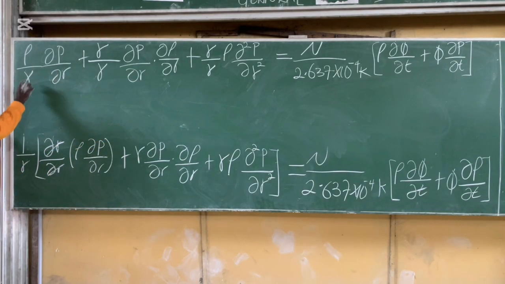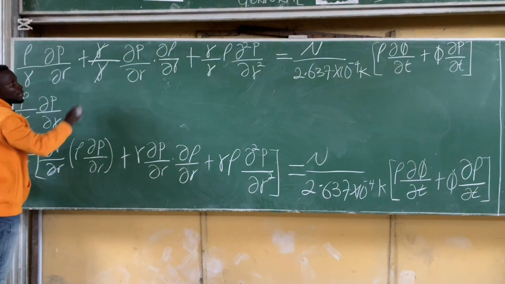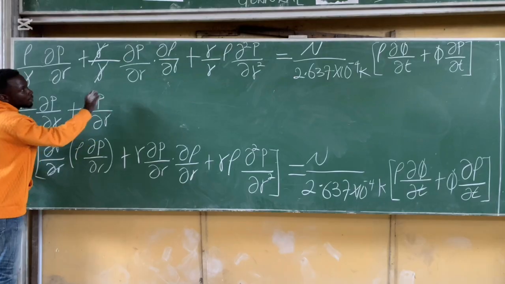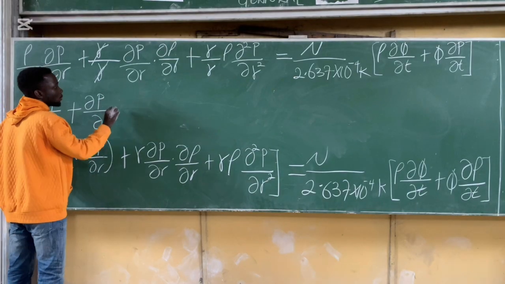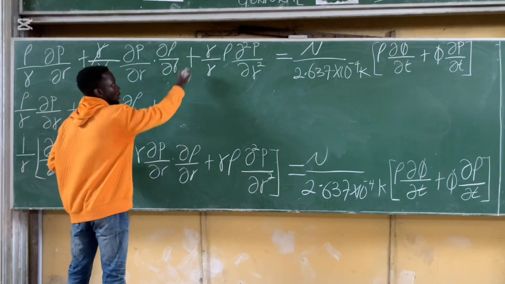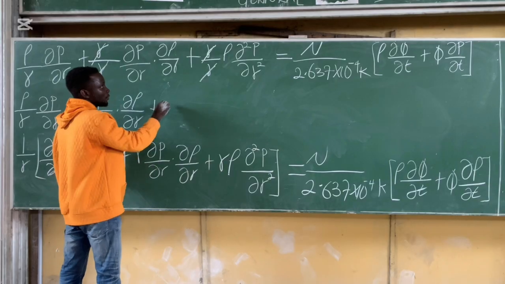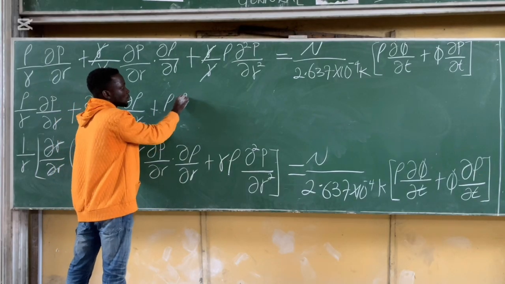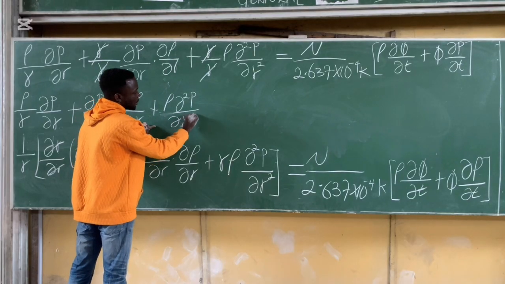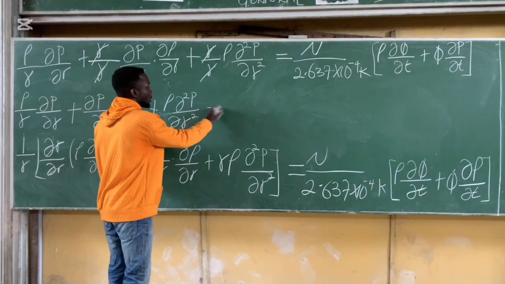So we'll be left with rho divided by r dp divided by dr. r will cancel r here. We'll be left with plus dp divided by dr d rho all over dr plus r will cancel out here. We'll be left with rho d squared p divided by dr squared, equal to